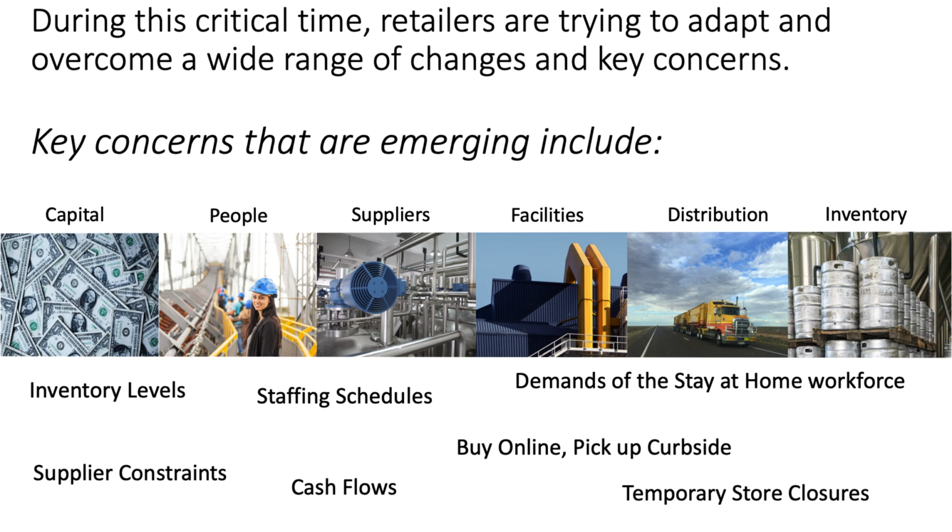The legacy demand planning process of using historical sales and tracking seasonal trends in Excel just isn't going to get the job done, especially while trying to maintain some sort of forecast accuracy. Retailers need to have systems in place to not only look at the upcoming 12-month horizon, but more importantly, look at the next 12 weeks and be able to apply various scenarios and what-if forecasts to quickly respond to